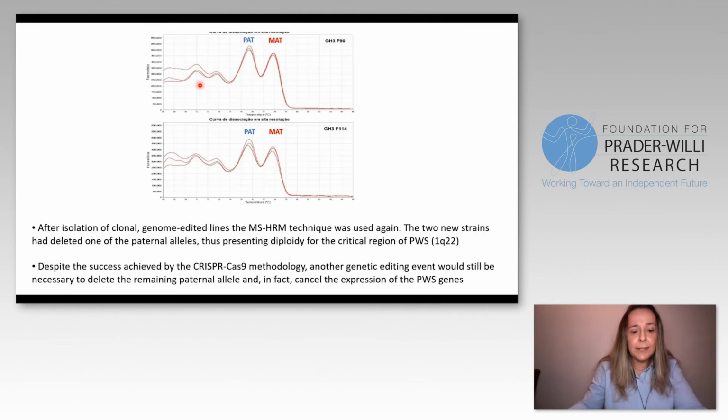So after genetic editing of the GH3 strain, we used the HRM again, so we can see these 2 strains. The 2 lines here had lost one of the paternal alleles, thus presenting disomy for the critical region of PWS, 1 paternal and 1 maternal. Despite the success achieved by the CRISPR-Cas9 methodology, another genetic editing event was necessary to delete the remaining paternal allele and, in fact, cancel the expression of PWS